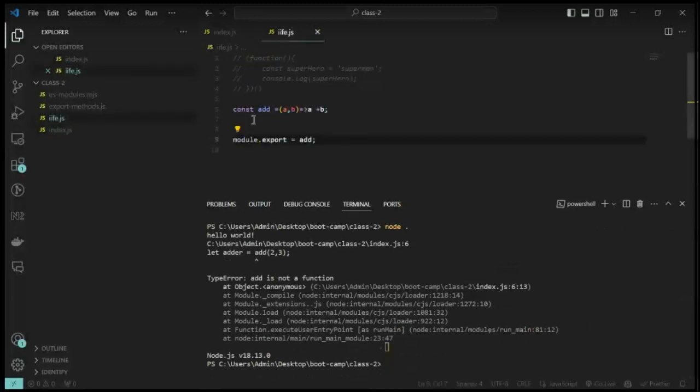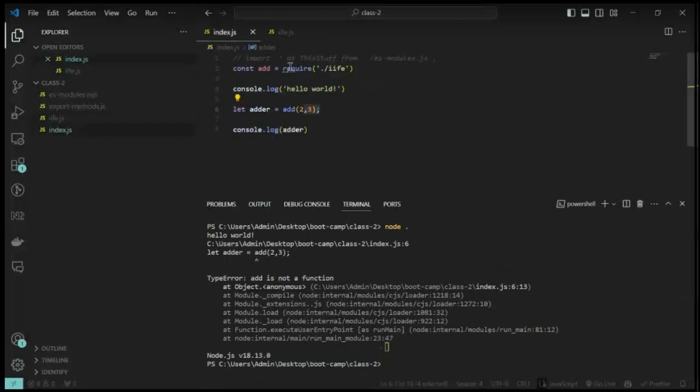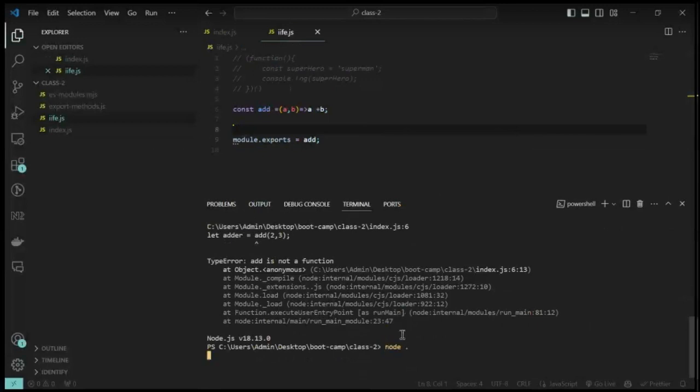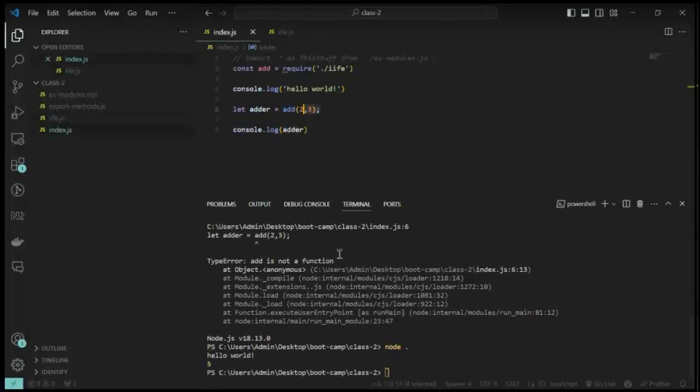Module.export. I think you should add S to the exports. Yeah, thank you. Exports. Yeah, thanks. Okay, yeah, so we have our